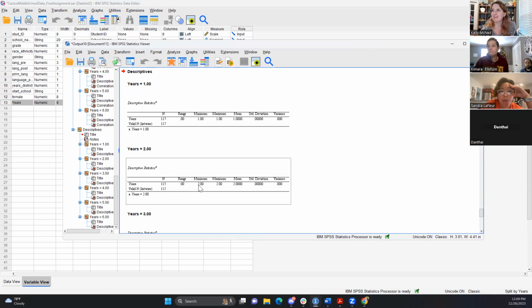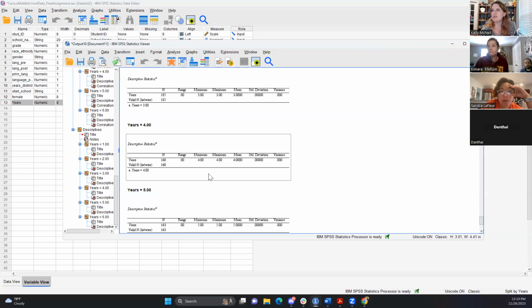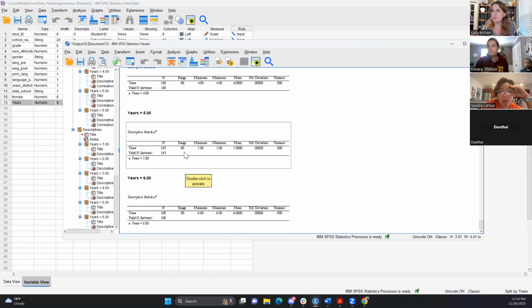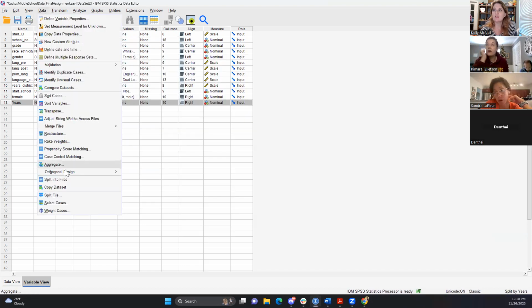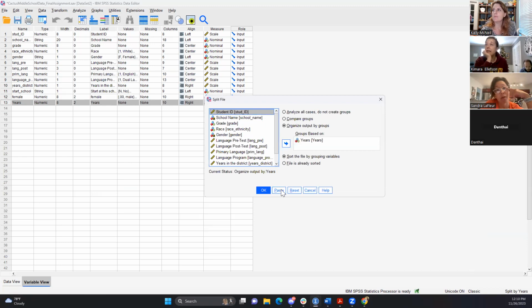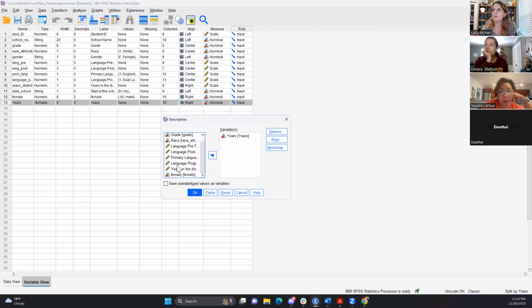No. I mean, it doesn't do it in one chart. And I also have no idea what the minimum, maximum, and mean is referring to here. You didn't ask it for anything else. Yeah, you had to bring over the other variables. Also, I realized when you split the file, the reason it's not in one chart is because we told it to split it out. That's why it's splitting it out. Which you said we can do if you pull over other variables. You forgot to pull over the other stuff. Right, not just years. Right, pre and post.